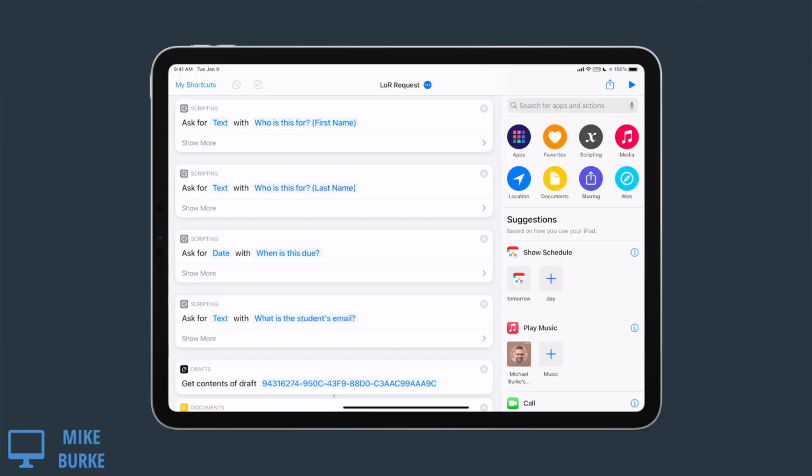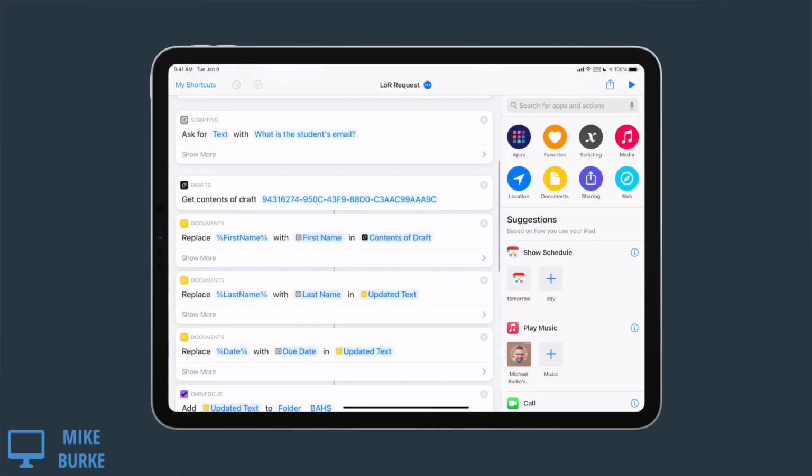With that being said, let me walk you through the automation chain that I have created to help me consistently hit these high stakes deadlines for my students while also modeling professional communication and behavior. So once I agree to the student's request, I kick off a shortcut. The shortcut asks for the student's first and last name, the date they need the letter by, and the student's email address. With those 4 pieces of information, Shortcuts goes to work.